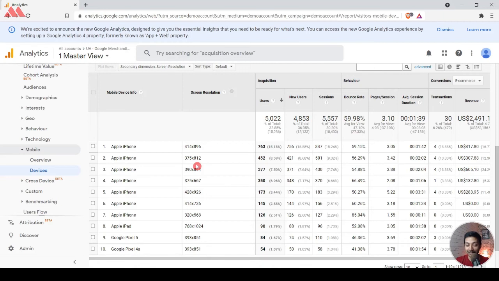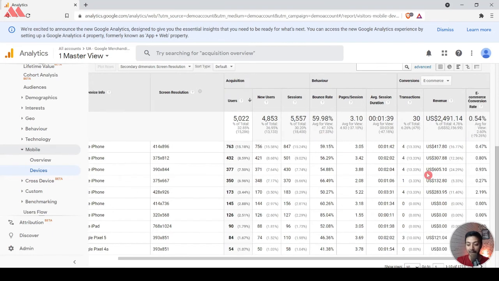And if they don't get a good UI or a good interface on mobile, then how can we think that they will go on desktop and do the purchase? So you definitely need to take a deep dive in the analytics and see how your website is performing on different mobile devices and screen resolutions. And if you see that there is a big difference, then there is definitely something that you need to look into. And the same goes with the browser itself.